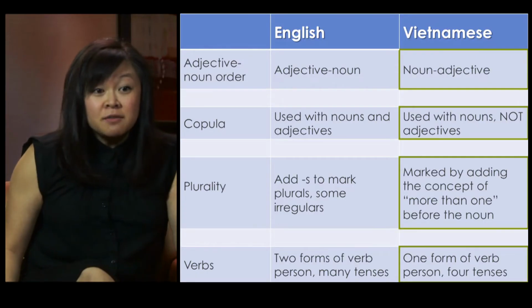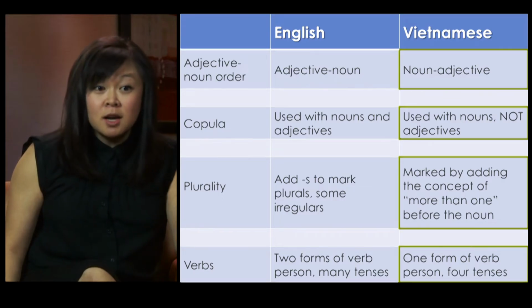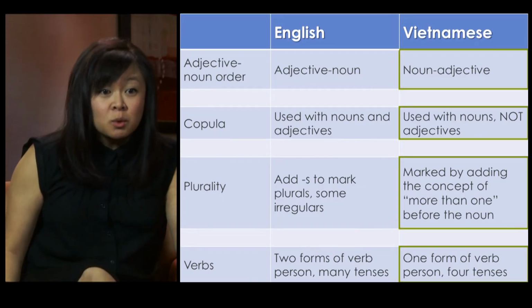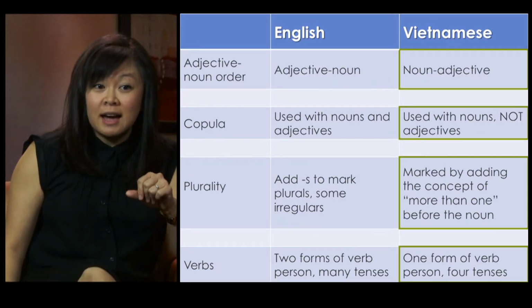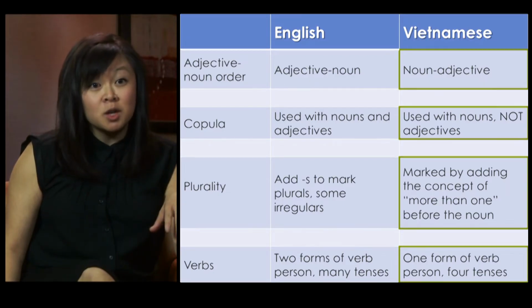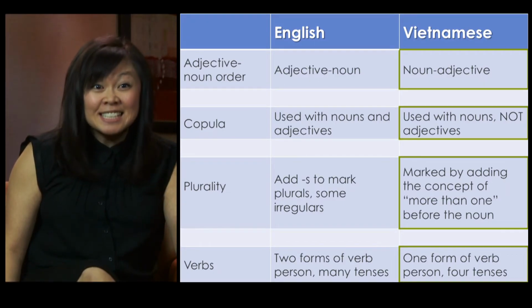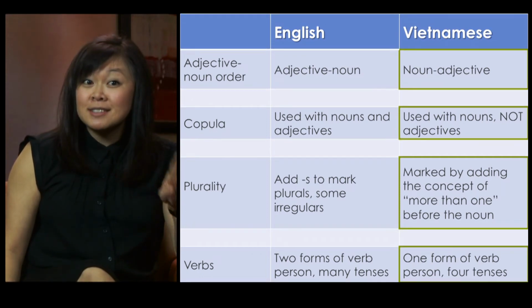So now let's talk about language. All right, we know that the syntax in Vietnamese is different than the syntax in English. So for example, adjective noun order is different in Vietnamese. Use of copula is also very different. In English, we use it with nouns and with adjectives. In Vietnamese, it is only used with nouns. Plurality is also marked differently. In English, we mark it with a S. I have 3 cats. In Vietnamese, we do not add an S to show plurality, so that's a difference there